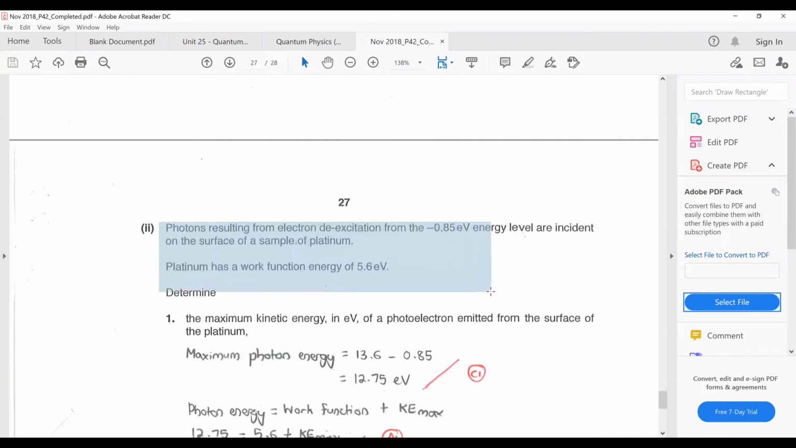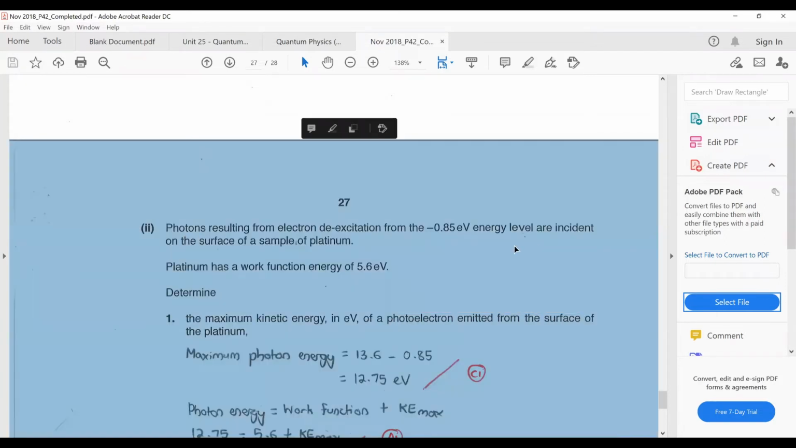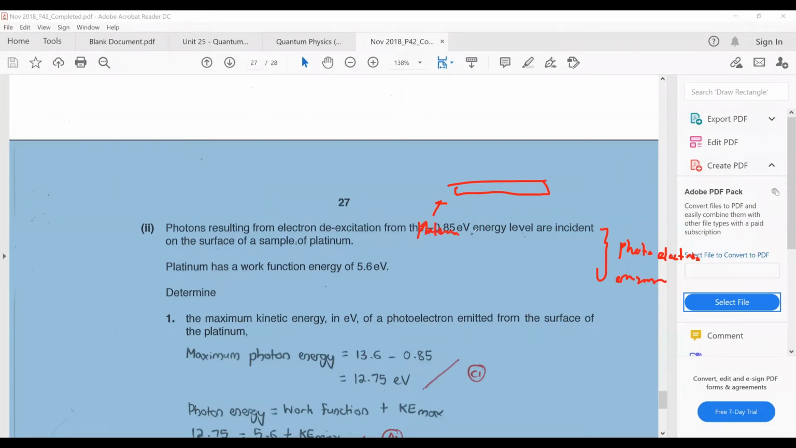Now, what they're talking to you about here is more on the fact that your photons emitted are now incident on platinum, and then after that they ask you about the photoelectrons emitted from the surface of platinum once the photon is incident on it. This one is actually talking about your photoelectric emission. Okay, this is now talking about your photoelectric emission. So what they basically say is that your platinum is here, the photons you get from the de-excitation of the electrons are now incident on the platinum, and this in turn causes emission of